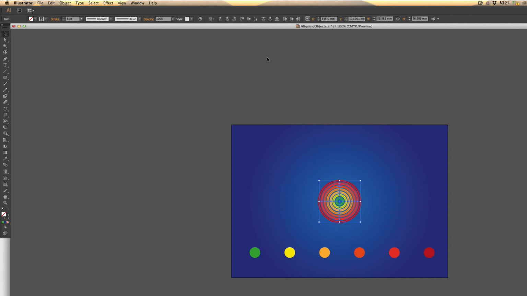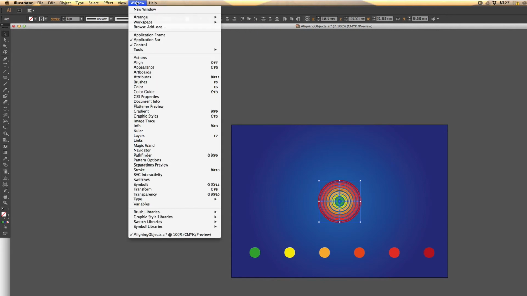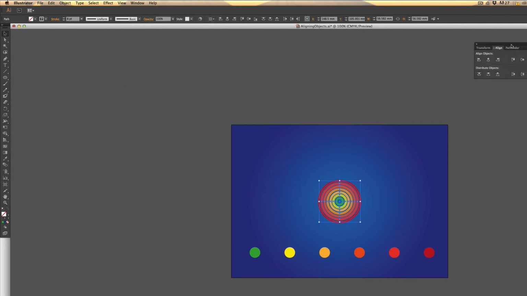So this has just been a brief introduction on how you can use your align and your distribute options in your control panel. If you ever need to get to these options and you can't see them in the control panel, you can also come up to Window, scroll down to Align, and it's here that you'll open up your Align panel. And as you can see up the top, I've got my Align Object options and then Distribute options